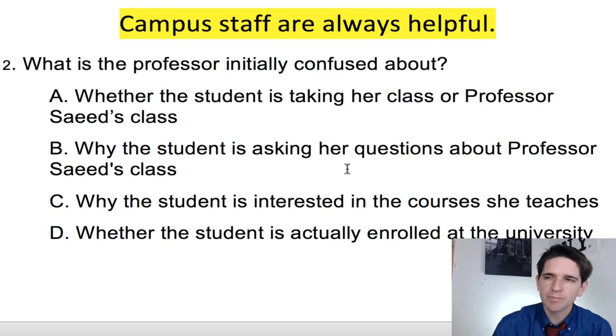So what do I mean? Again, if a choice is too negative, then it's not going to be correct. So let's look at A, B, C, and D. The question is, what is the professor confused about? So this is a detailed question. A, whether the student is taking her class or Professor Saeed's. You know, I don't think that's the answer. Just to go back to the first tip that I just said. What's the first tip? You remember what I say? It's a slightly complicated problem that has to be solved in a couple minutes. So if they're confused about that, that can be solved very quickly. But this is a detail, so maybe it could be some detail that they mentioned, so I'll just leave it alone for now.